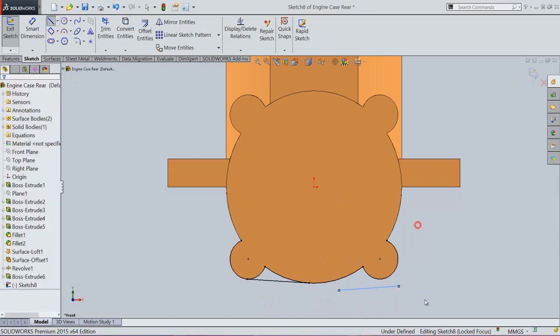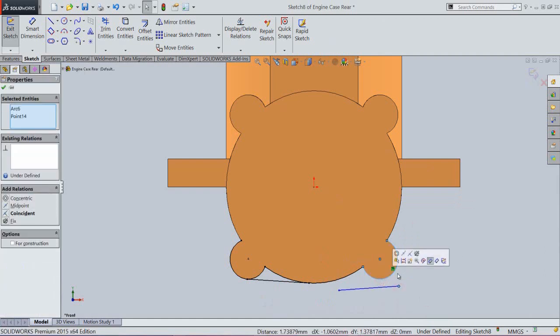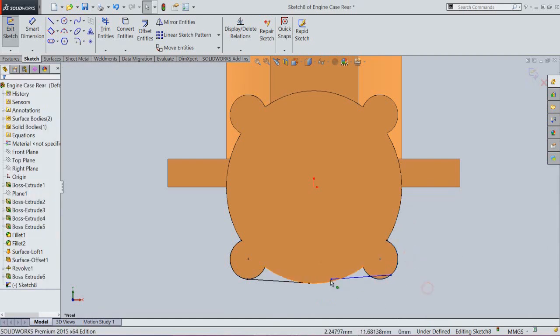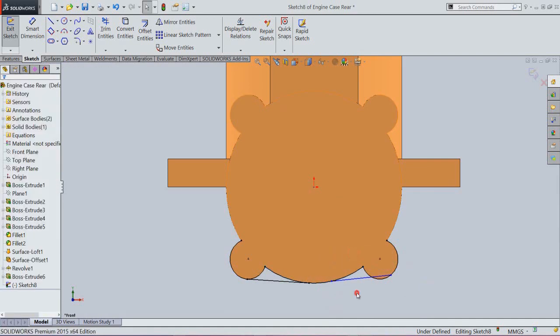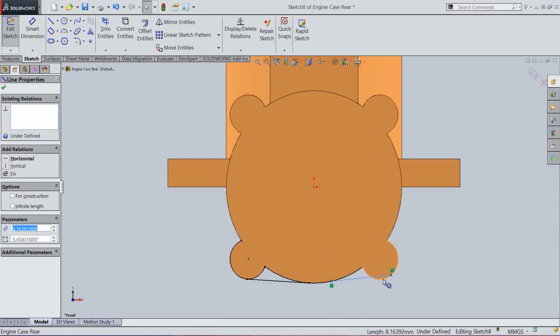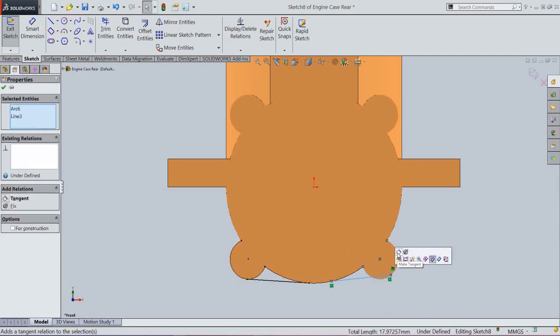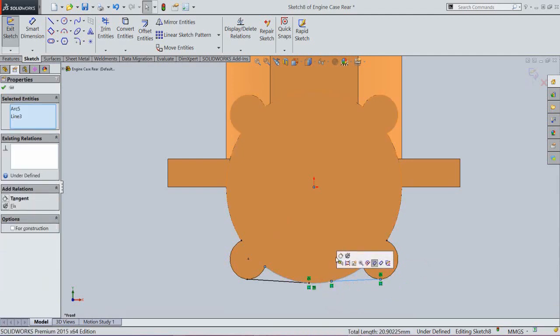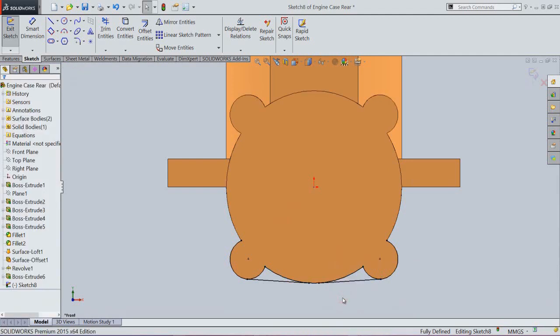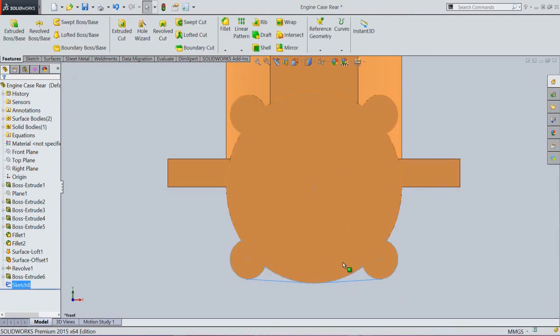Create the same sketch as we had done earlier. Now my sketch is complete, so exit from the sketch.